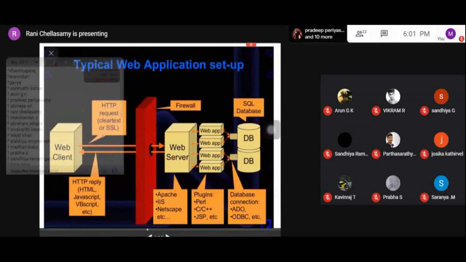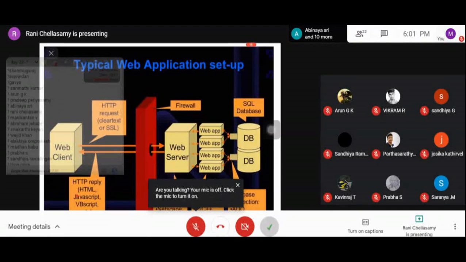Okay. We'll see what the web application setup is. We have client and server software applications, and the client and server interact with the help of the HTTP protocol.